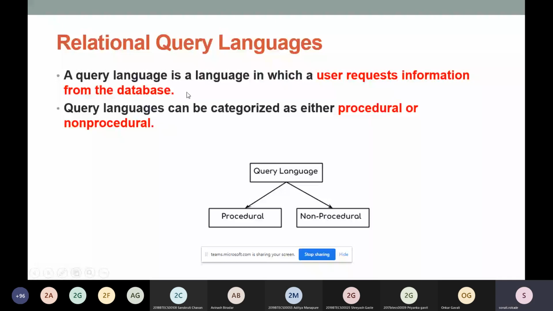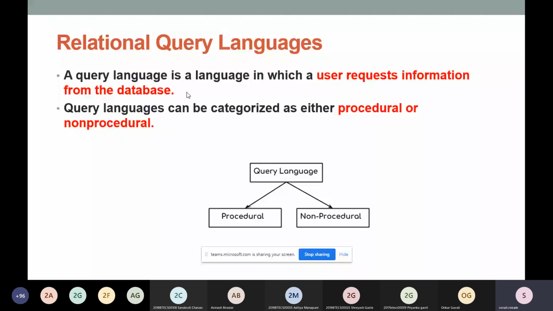It uses relational algebra to break down the user request and instruct the DBMS to execute it. It is the language by which the user communicates with the database, and query languages are categorized in two parts: procedural and non-procedural language.